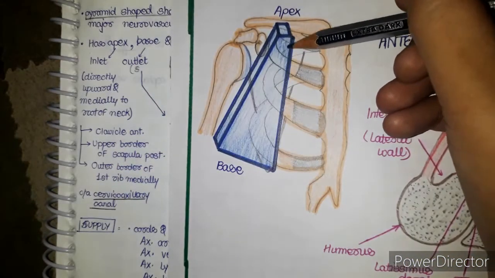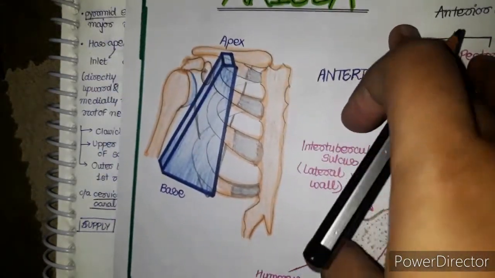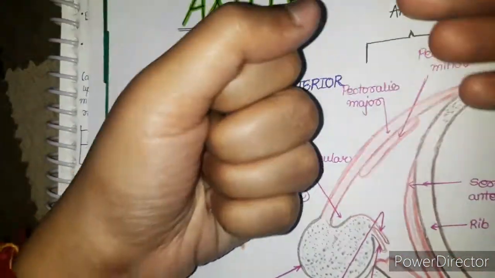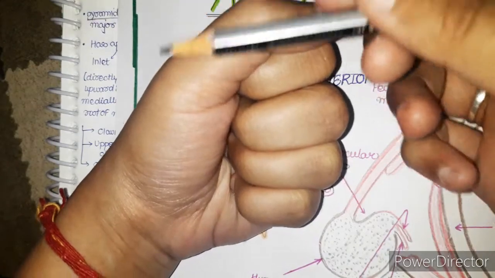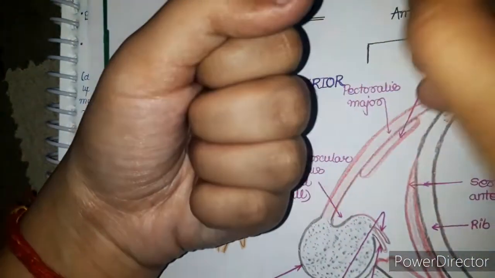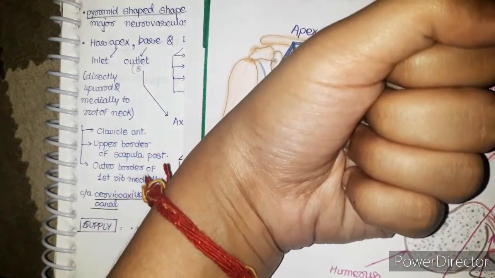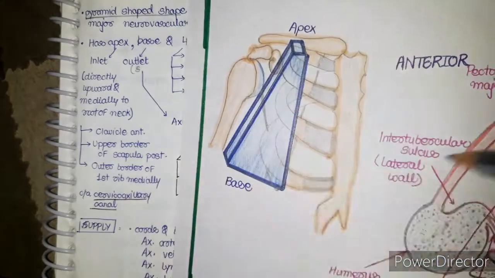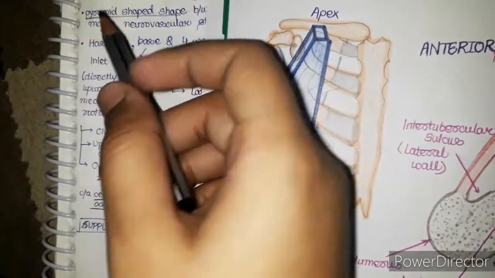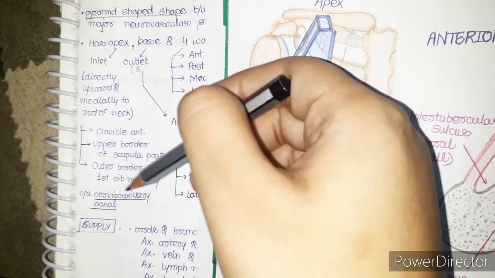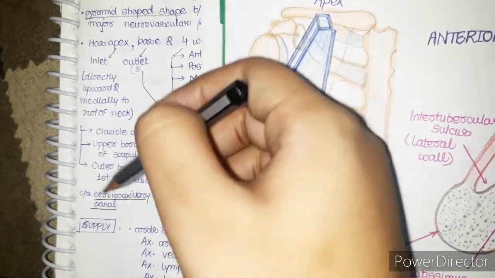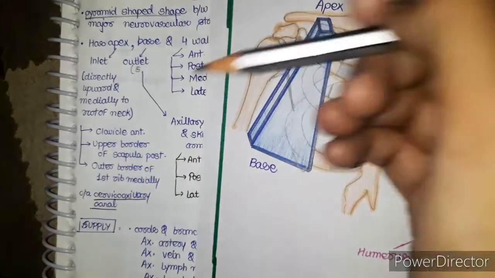Okay, this one. Now suppose this is your axilla. Okay, this is your apex of axilla. So anteriorly we have clavicle, posteriorly we have scapula, and medially we have the border of the first rib. Okay, border of first rib. Okay, and this apex or inlet is also known as the cervicoaxillary canal because it connects the neck and the